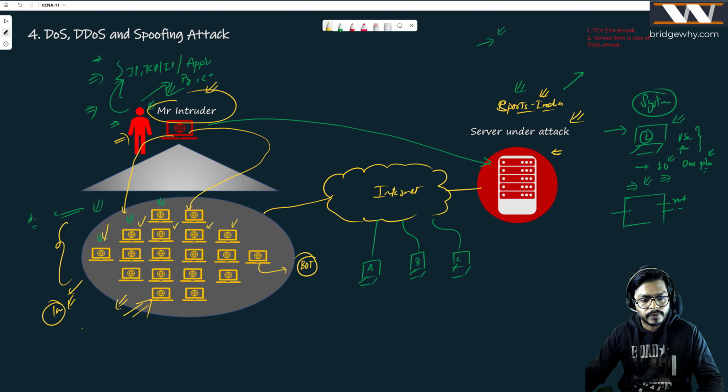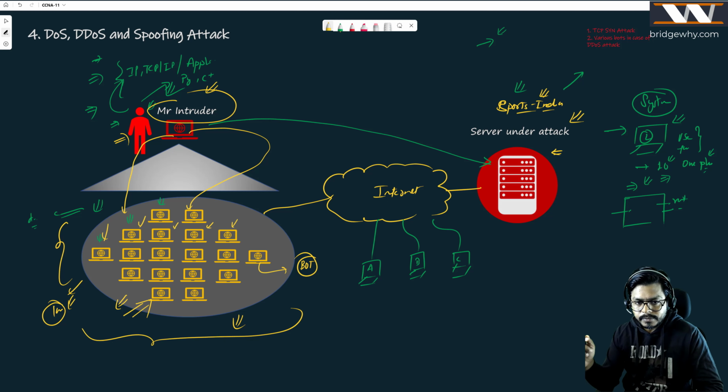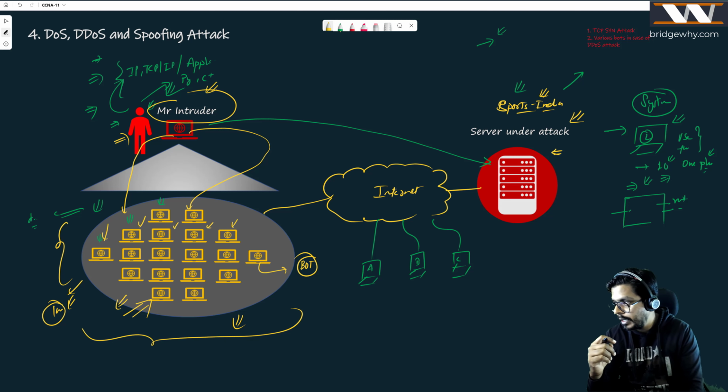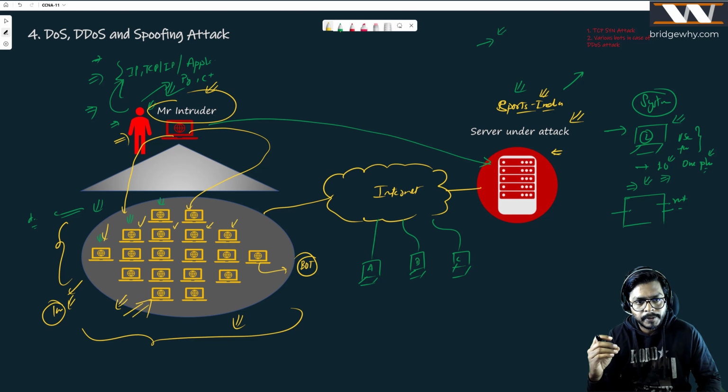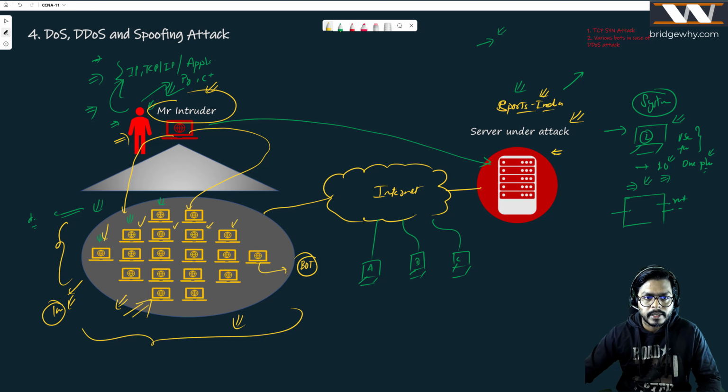And basically the network which is created by them is known as, I forgot the name, right? Can anybody remind me what is the name of this bot? Networks of bots, right? We call them a botnet. So basically, those who are part of this botnet do not even know that their machine has been controlled by